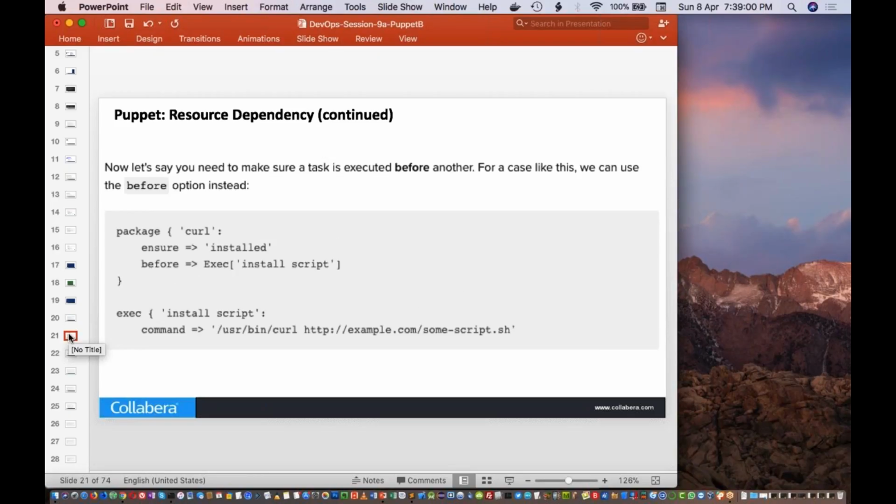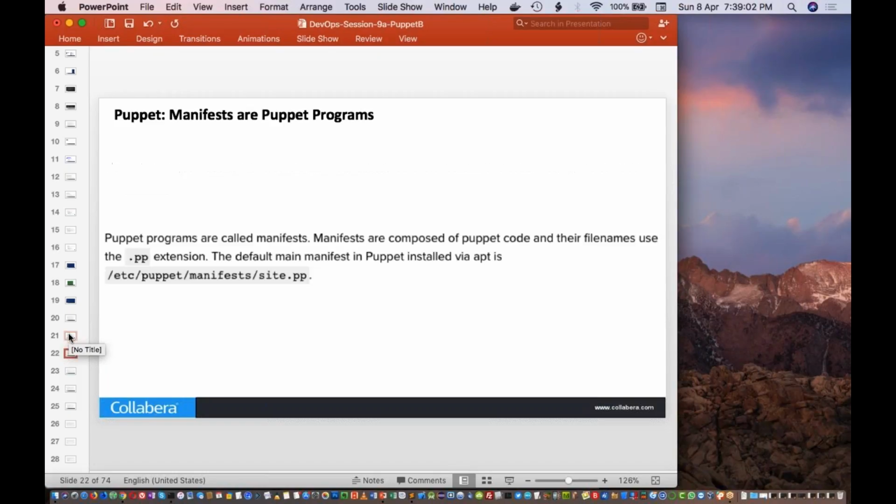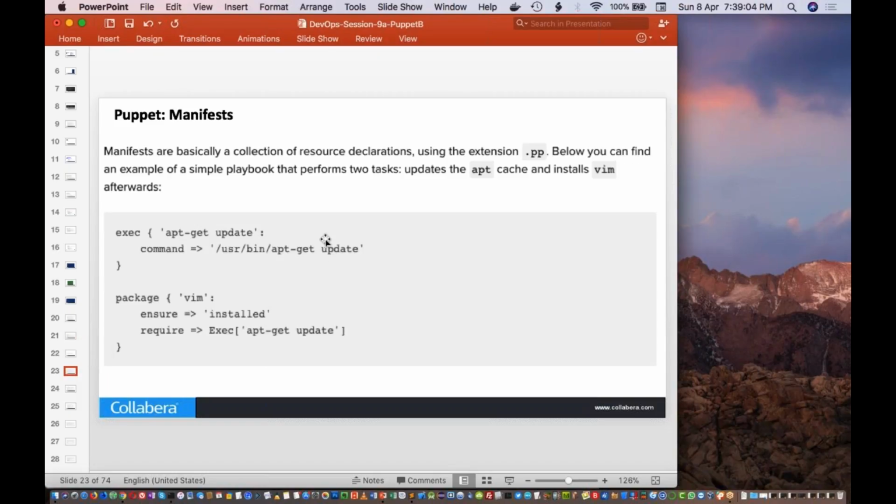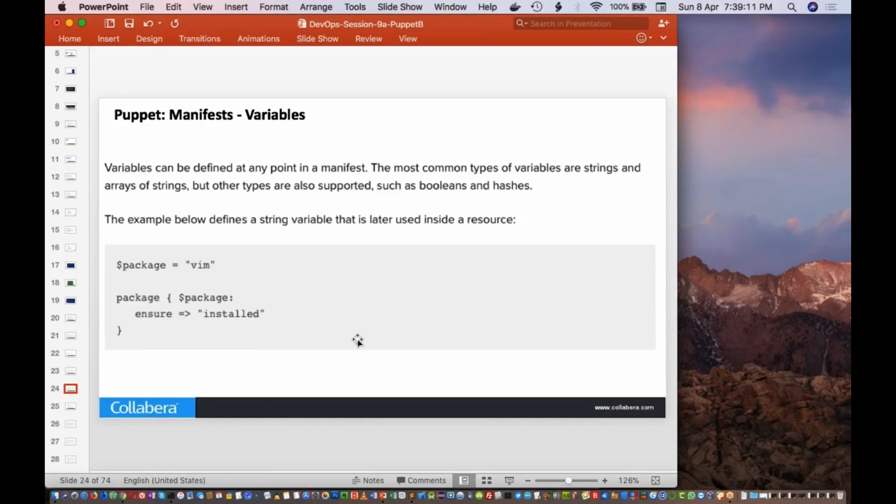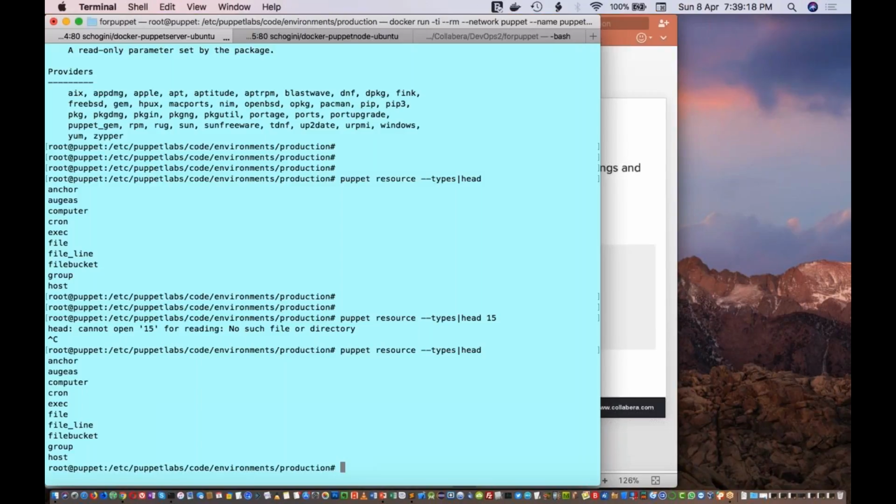Okay, now this manifest we saw, we'll be writing our resource declarations inside the manifest file. Now inside the manifest you'll be able to use variables also.